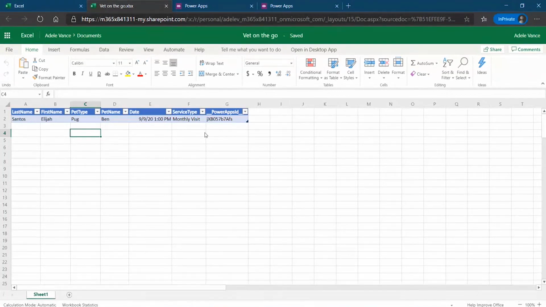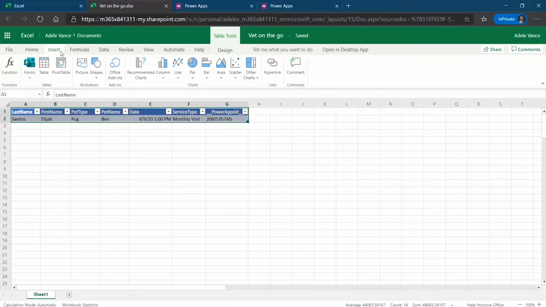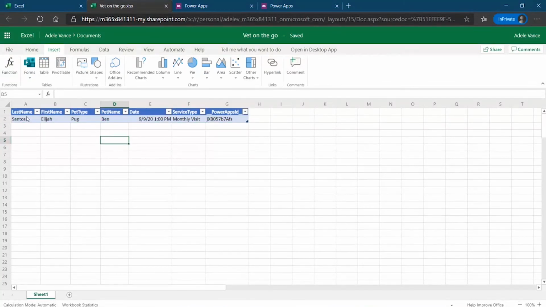So kung ang aim nitong application na to is to have parang an appointment scheduling for the vet. Okay, so this uses yung Excel. So what you can do, in order for you to use this as a table in Power Apps, after you created your first columns and data inside your Excel, you have to insert it as a table. So yan, kapag table na siya, and one thing more, when you create column title or column name like this one, last name, so it is advisable